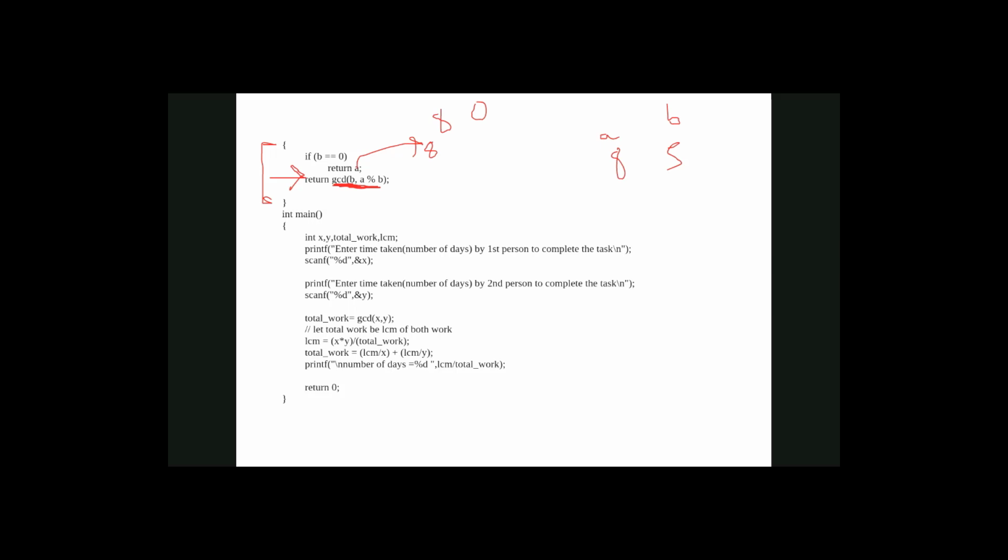This whole program name is GCD, as shown in the previous slide. It will take two inputs, A and B. So this is the name of the program, and what I am doing is calling GCD again.